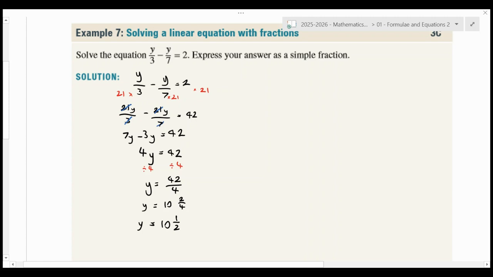Okay, so you can double check these by putting 10 and a half back into these equations and double checking that it works. That's always a good habit to get into. But yeah, so that one's